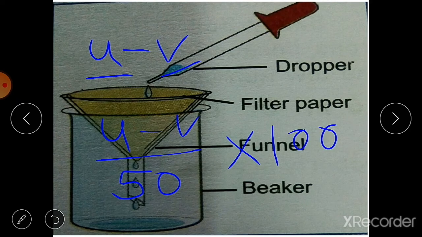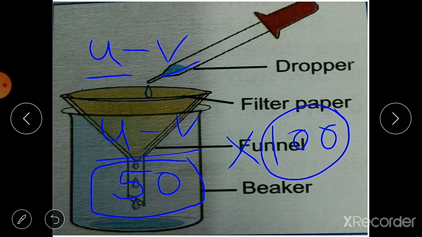Here U is the initial volume of water in the measuring cylinder, V is the final volume of water in the measuring cylinder, while 50 is the weight of the soil sample taken for this activity, and it is multiplied by 100. So we will get the percentage of water absorbed by the soil. This is a very simple activity, you can also do it at home.